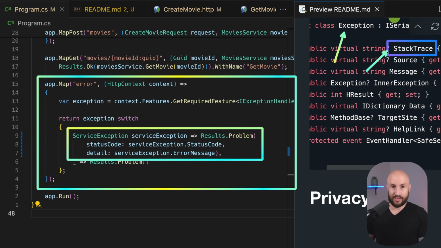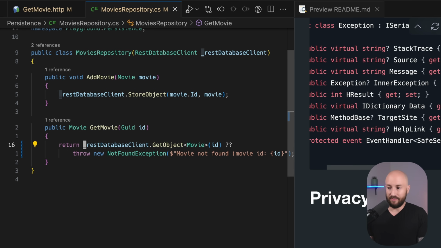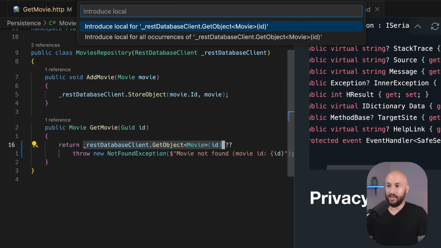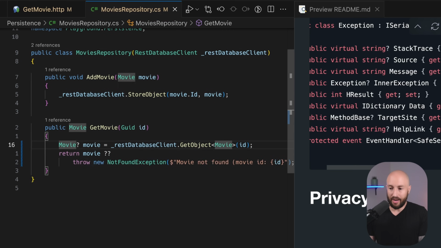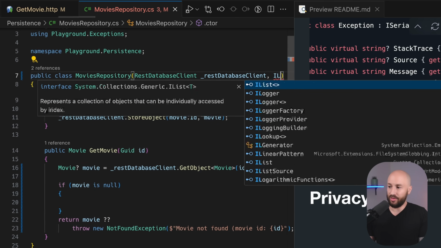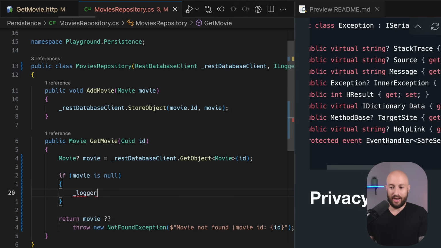Now, the stack trace is very useful and it can give you a lot of details when you're trying to debug what happened, but usually, what you use are various other logs in the rest of the application. What you would actually have if this wasn't a demo application is this would be in some variable, and then you would check if the movie is null. You would also have over here the logger, and over here you would go ahead and log whatever details that you need that can help you debug when this case happens.